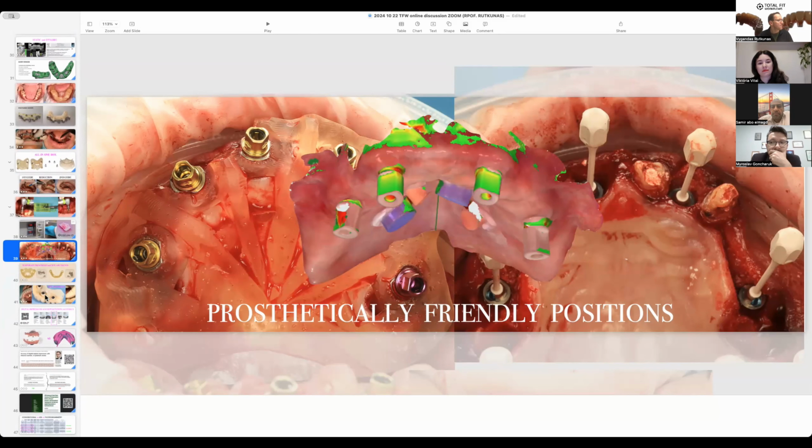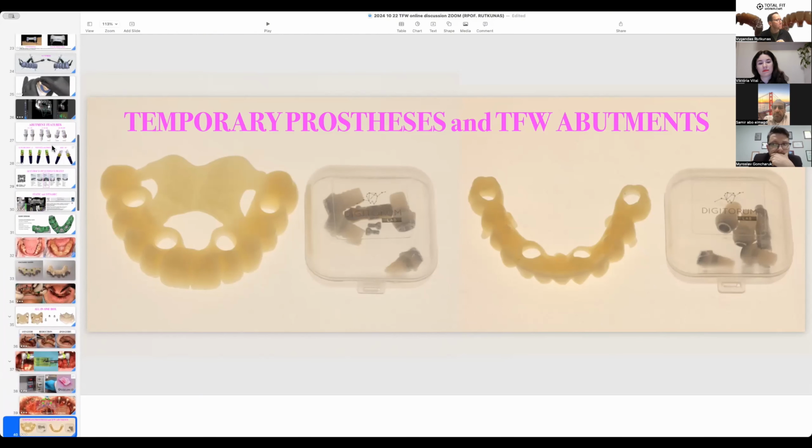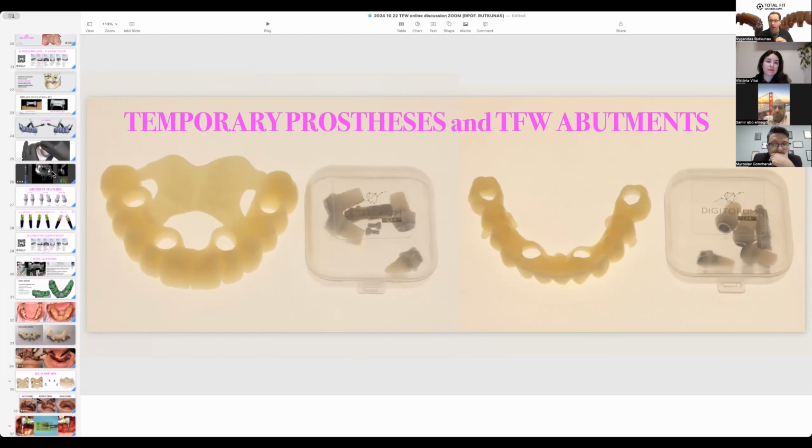So we have special types of abutments that facilitate the relining procedure and shorten the chair time for you as a prosthodontist to reline. This is my answer shortly.